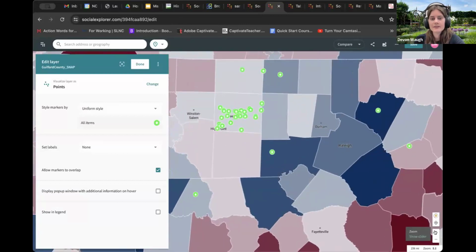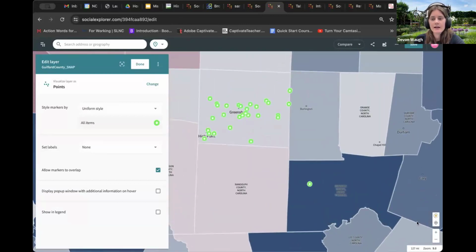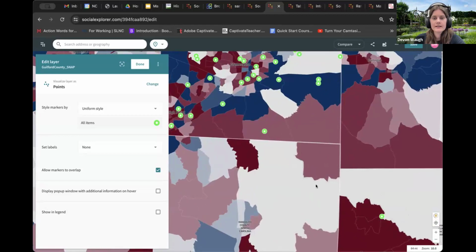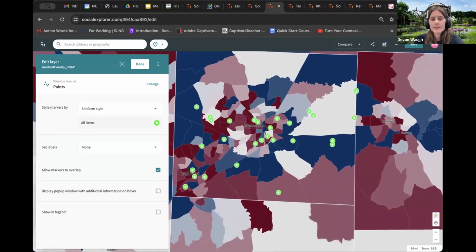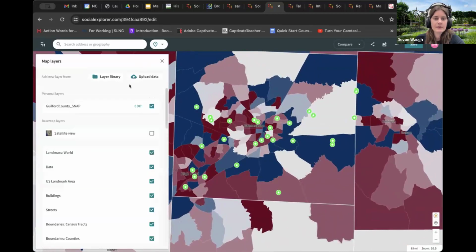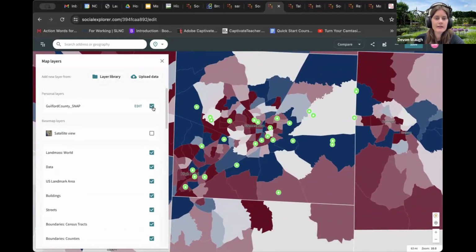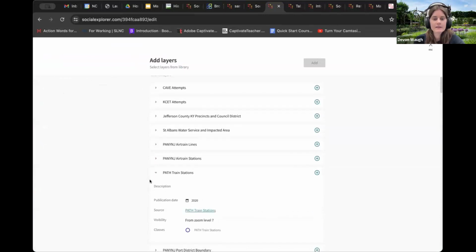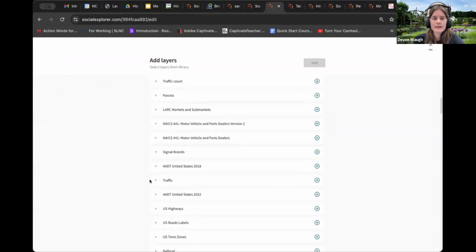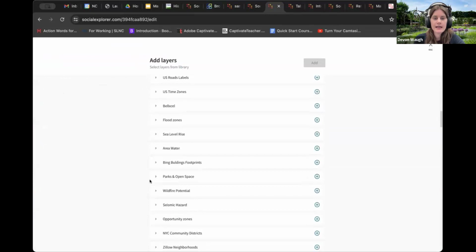I just uploaded some of them wrong, but this is Guilford County SNAP retailer data from the USDA. I could also look at their layer library. So if I don't want to upload my own data, but I want to look at what pre-made layers they have, you can